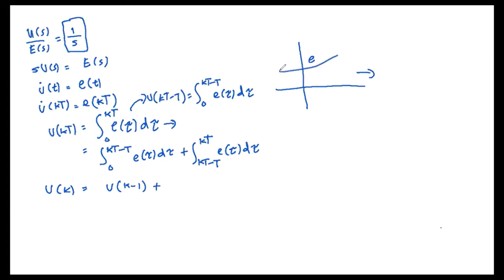Let's say this is the curve once again, and we want to find the area from kT minus T to kT. And kT minus T is the same as k minus 1, and the time difference is basically T, which is the sampling period. Now in trapezoidal,